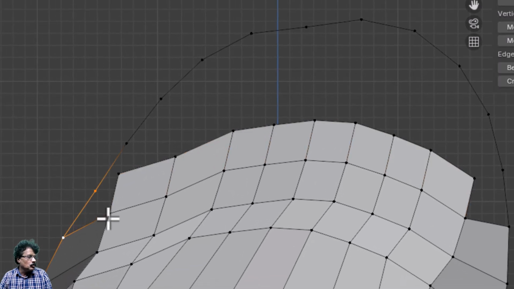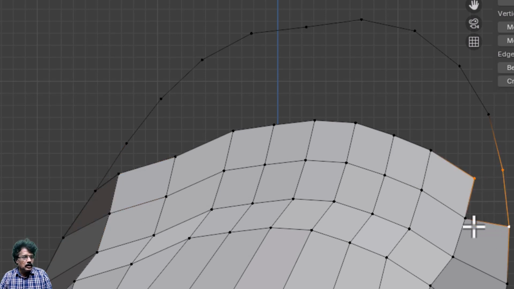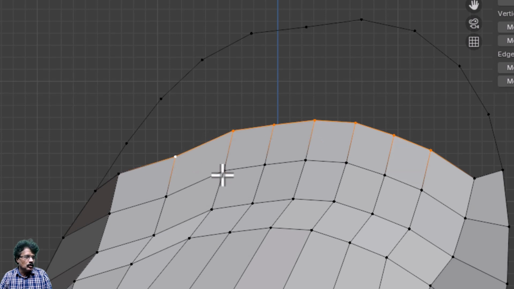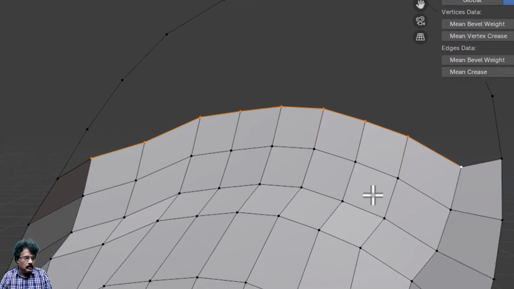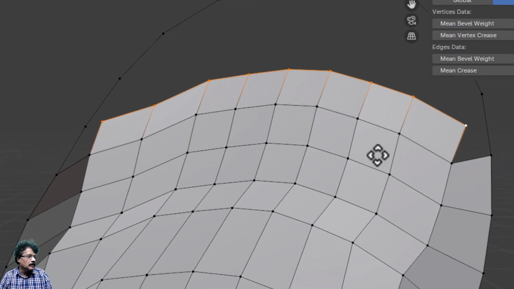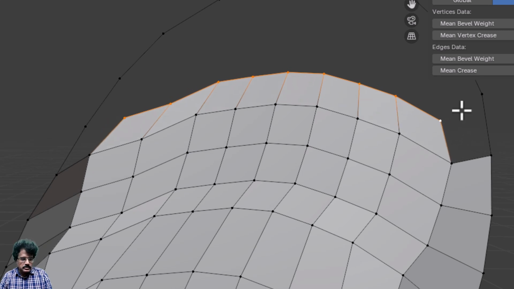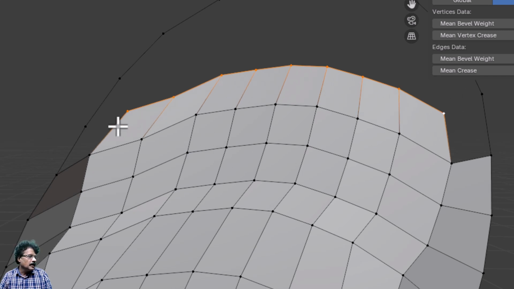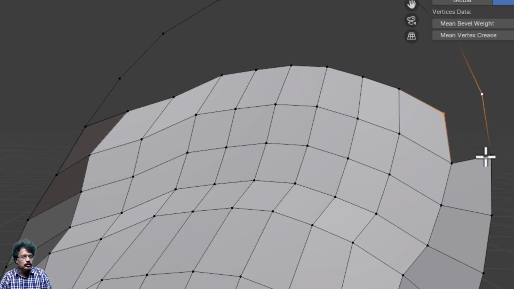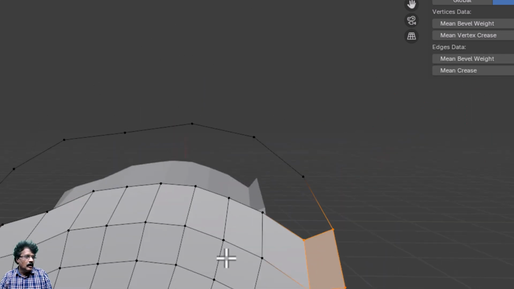and again I will select these 4 and press F, again select these 4 and press F. Then I will make one more extrusion: Control click till here, press E and pull it up like this. If required, scale it down a little, press G and move it to the top, and now I will select these 4 and press F, select these 4 and press F,